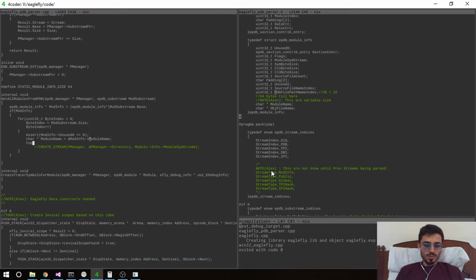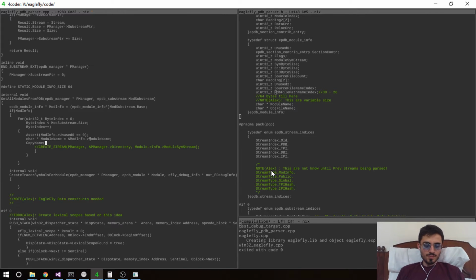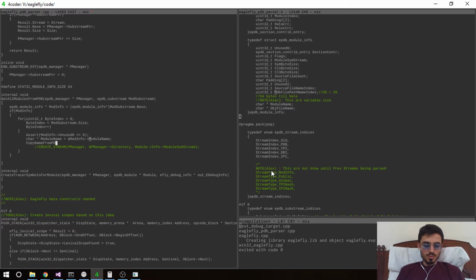So we're gonna say copy modules, copy name for PDB, copy string, I guess, copy string for PDB, and I want to say the pointer to it is gonna be